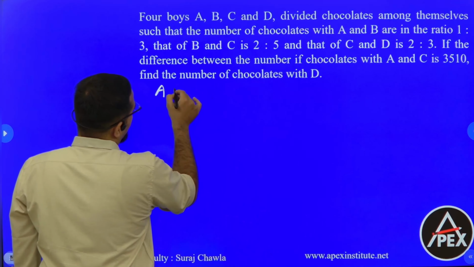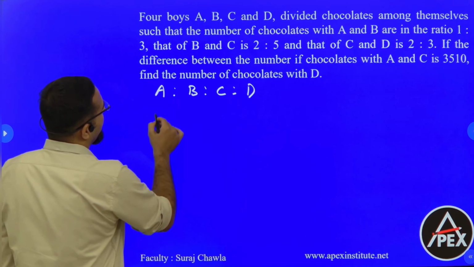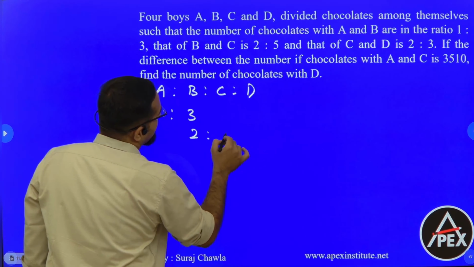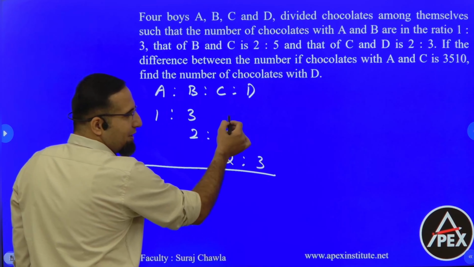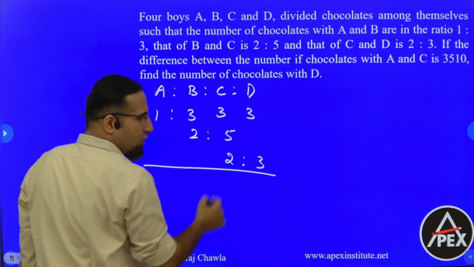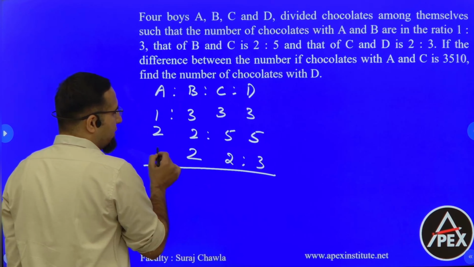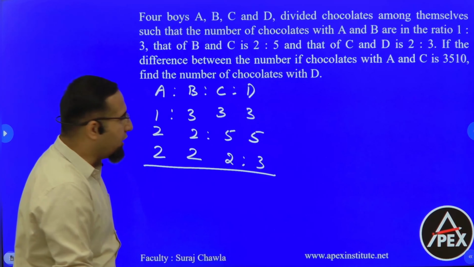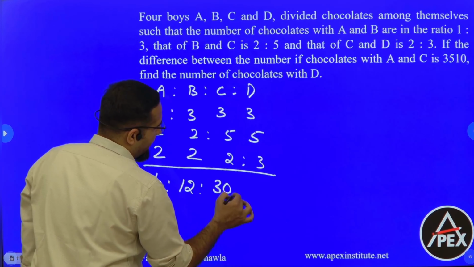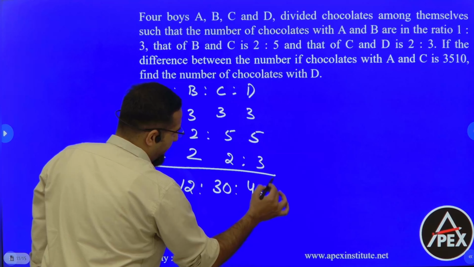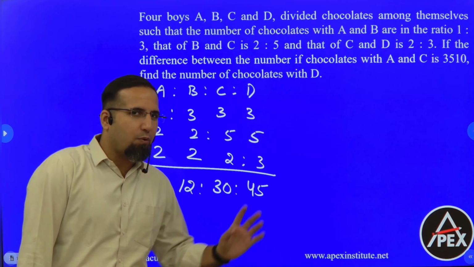So let's try to understand this first here. A is to B is to C is to D. So what do we have? We have 1 is to 3, 2 is to 5, 2 is to 3. So the 2 spaces are empty to the right of this, so I write 2 3s. 1 space empty to the right, 5, 1 space empty to the left, 2. 2 spaces empty to the left, 2 and 2 each. Clear? Now when I multiply this, this becomes 4, this becomes 12, this becomes 30 and this becomes 45. So I have the ratio of A is to B is to C